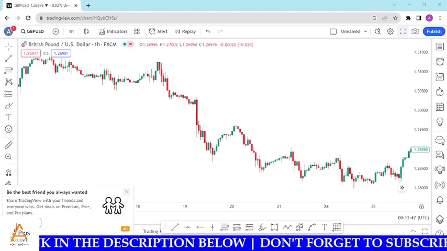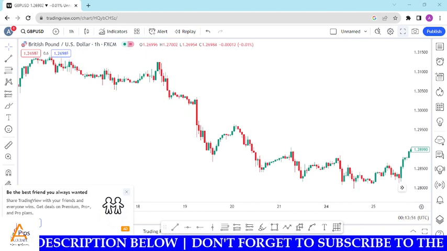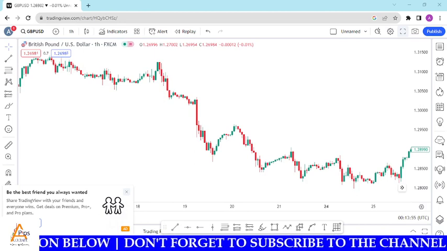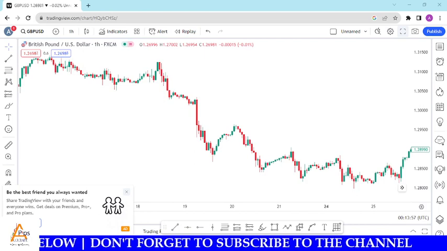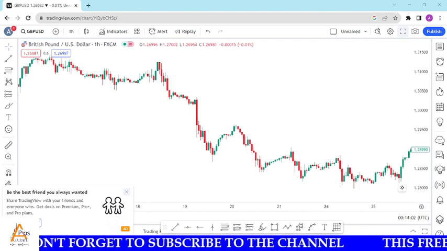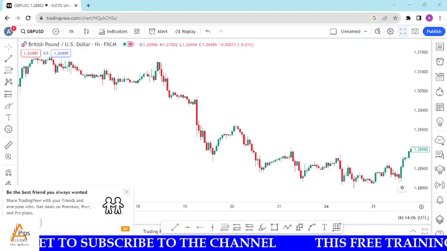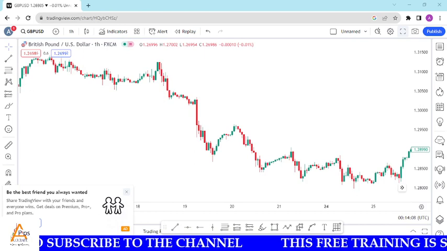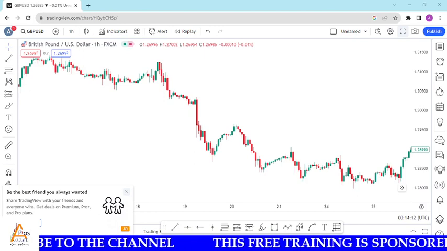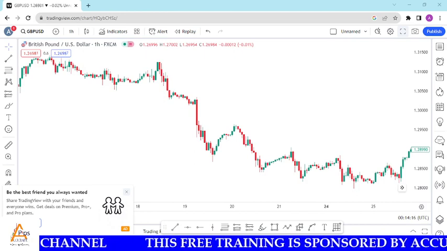A stop loss doesn't categorize you as a retail trader or a smart money trader, because retail traders hardly lose trades, but when they lose trades, it's a high loss. Why? Because they always enter a trade and protect it by putting stop losses at the previous high or previous low,